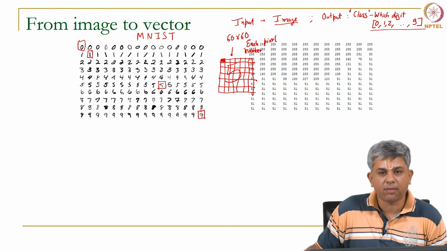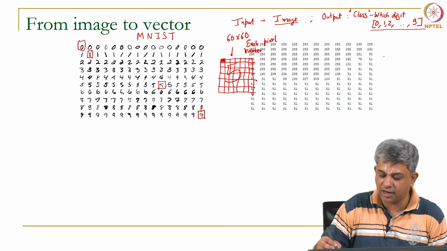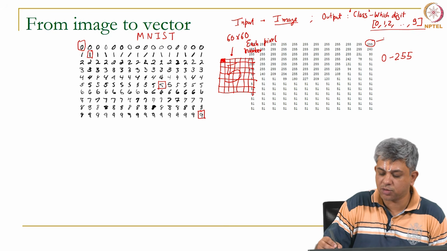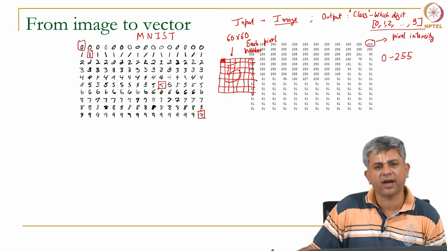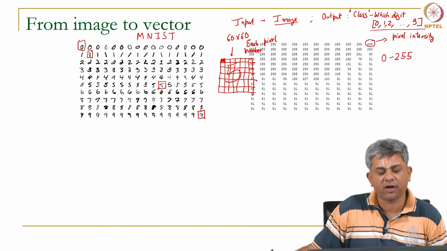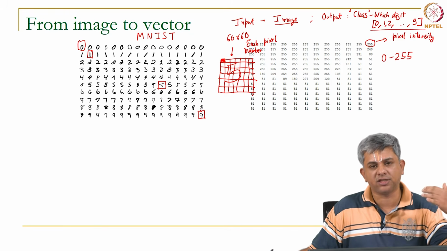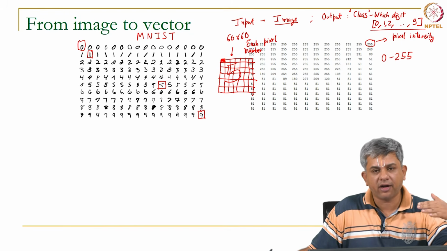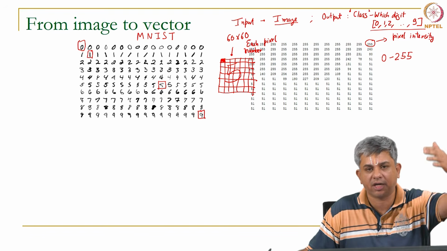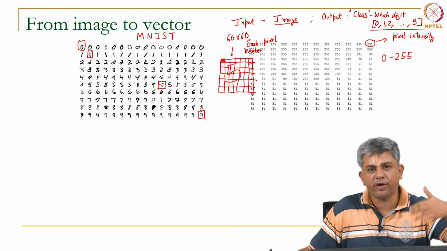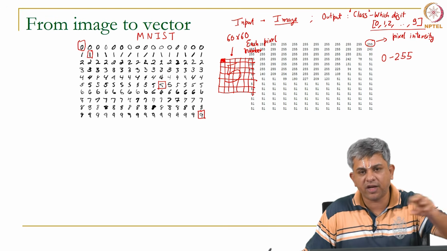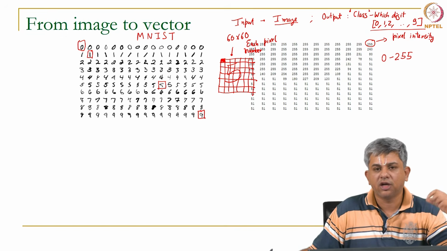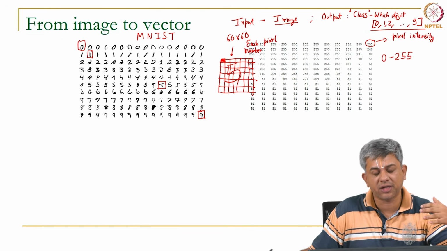Typically, this is what the numbers look like. What you are seeing on your screen is some numbers that vary between 0 to 255. Each of these corresponds to a pixel. You can call it the pixel intensity. If you have a black and white or grayscale image, it will give you something like 0 for a completely black pixel, and it will ramp up to 255 for a completely white pixel. By giving a value between 0 and 255 for various pixels, you can actually reconstruct an image. This is the way the image is represented in a computer.